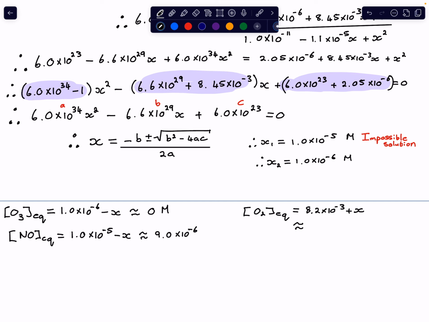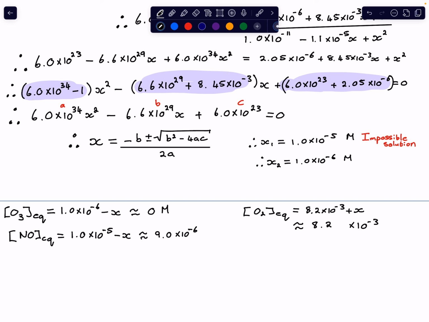So rounded it was 8.20 times 10 to the negative 3, which in principle, with two significant figures, remains 8.2 times 10 to the negative 3,